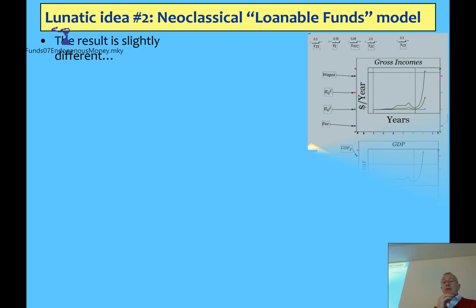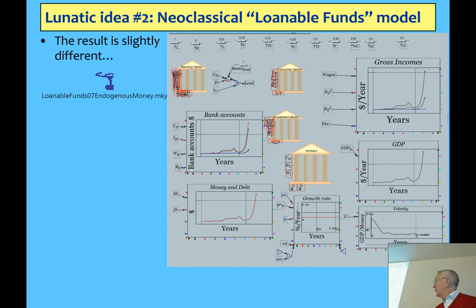Anyway, what's seen makes a big difference when you change across to endogenous money, where banks actually originate loans, and you see dramatic changes in the level of debt, which change the amount of money in existence, so there's a direct relationship between debt and money. It changes the growth rate, you get a positive growth rate most of the time, you can have booms and slumps in GDP, and there's no longer that tight link between velocity and the level of GDP, because velocity is not the only thing changing GDP.